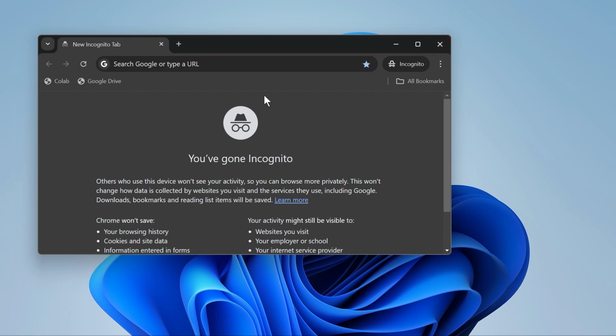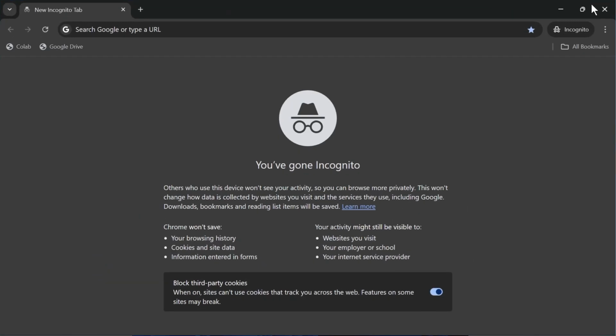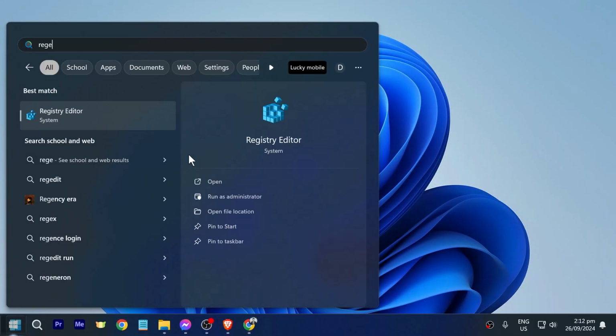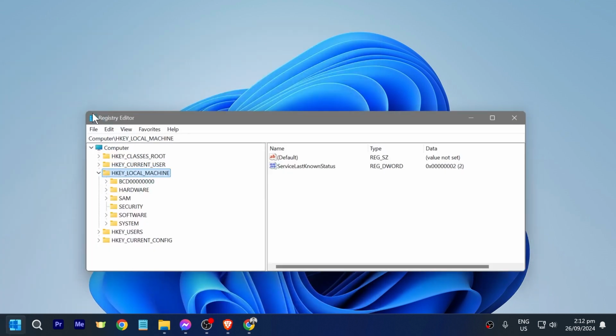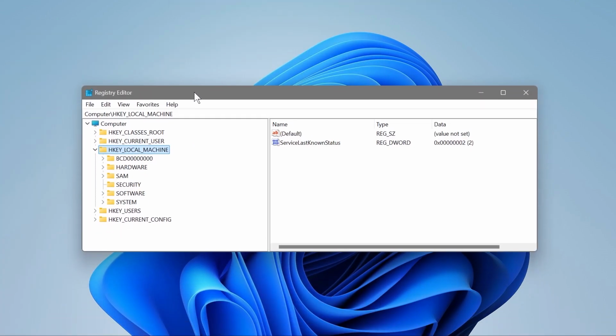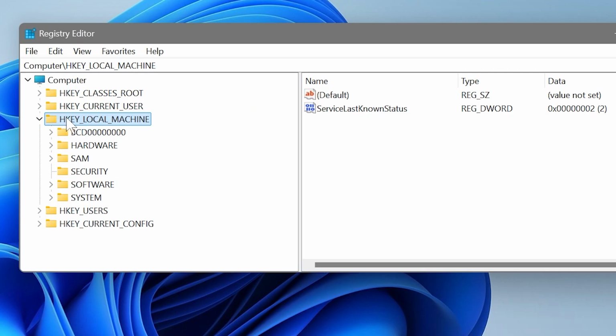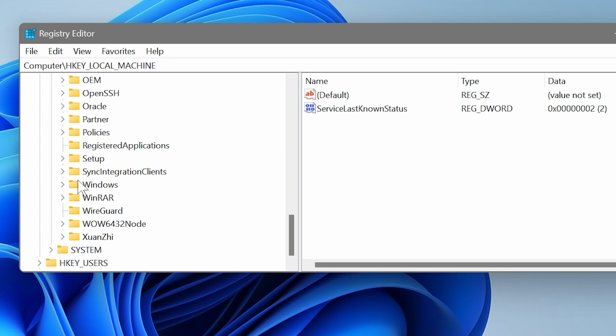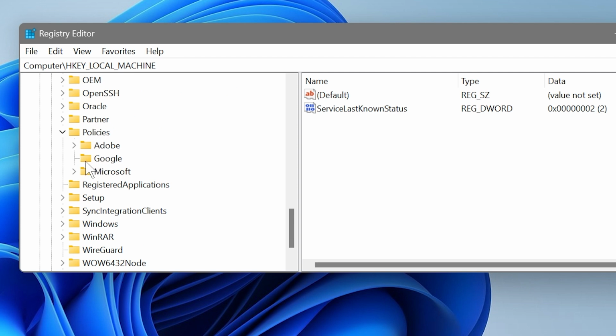So as you can see, when we did that one earlier, you were able to open the incognito. But I'm going to show you how to disable this one here on our PC. First things first, I want you to go ahead and run the Registry Editor, just like so. And then from here, what you're going to do is look for HKEY_LOCAL_MACHINE. Open the Software, and then I want you to scroll down to Policies, and you have